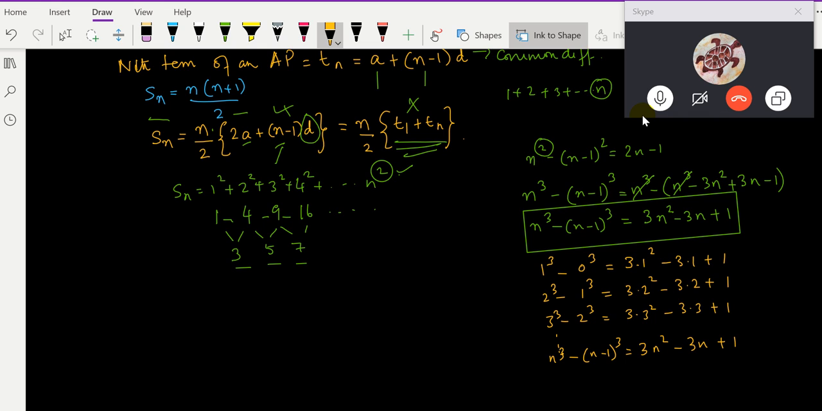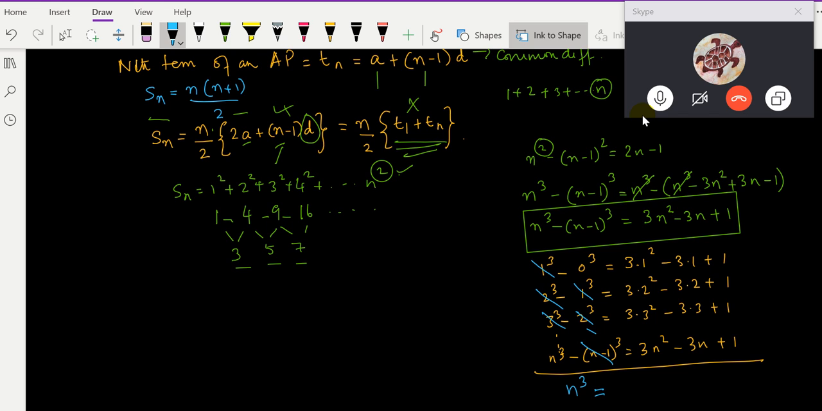First, we add the... We will simply add everything. So this will go out, this will go out, this will go out, this will go out, and we will be left with n cube minus 0 cube. 0 cube is 0. So n cube